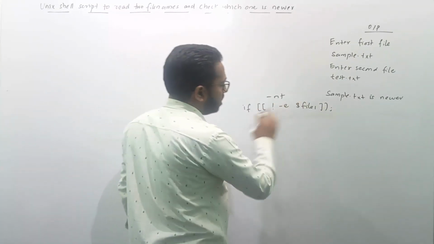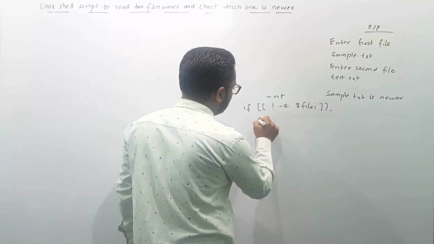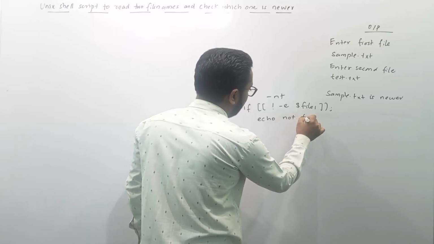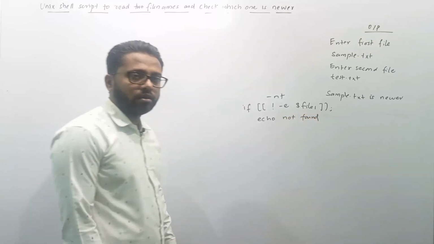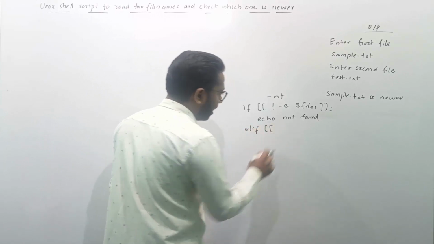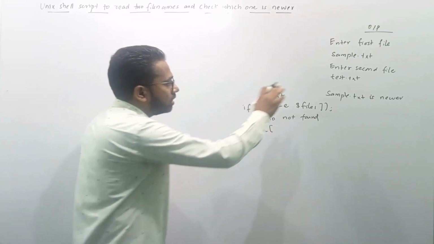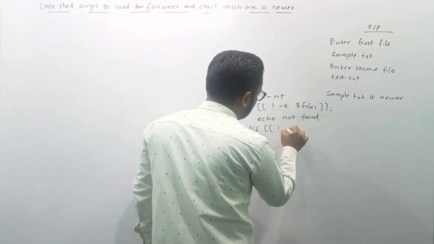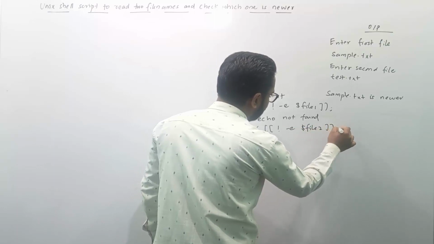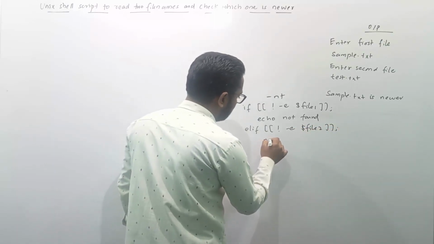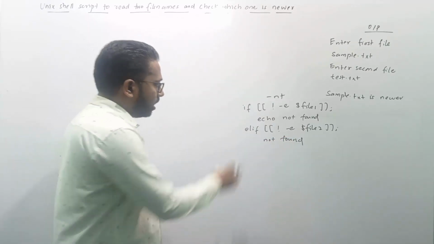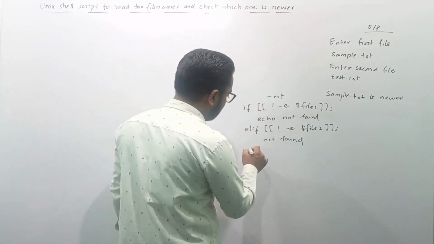If file1 does not exist, then I will show echo not found. Next, I will do the same checking for the second file: if file2 does not exist, then not found. If both of these files exist,